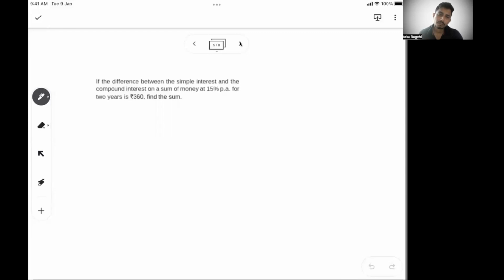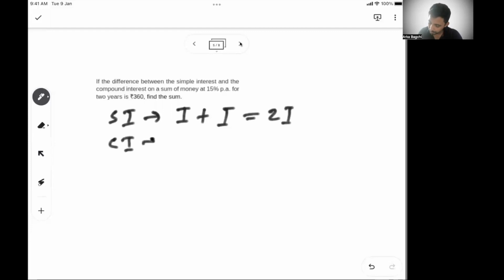If the difference between the simple interest and compound interest on a sum of money at 15% per annum for 2 years is 360. So what is happening? This is a mix of simple interest and compound interest. In simple interest, your interest for the first year and the second year is the same, right? For compound interest, your interest for the first year will be the same as the simple interest, plus this will have